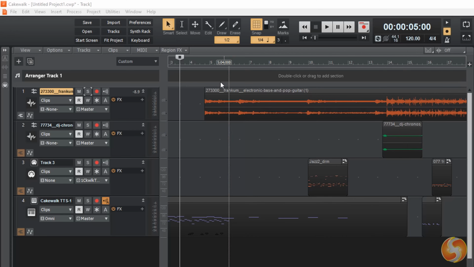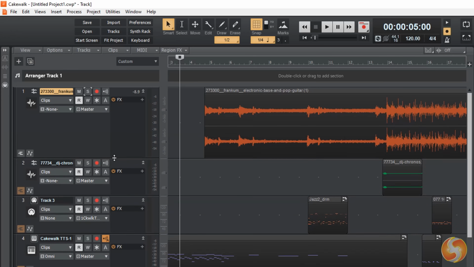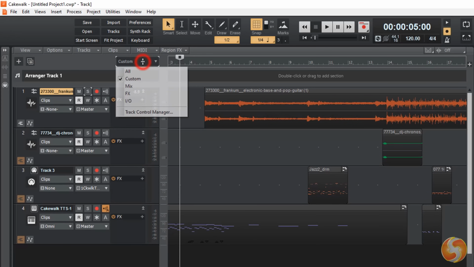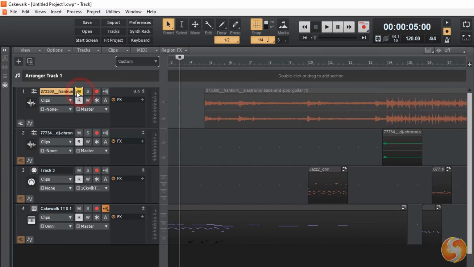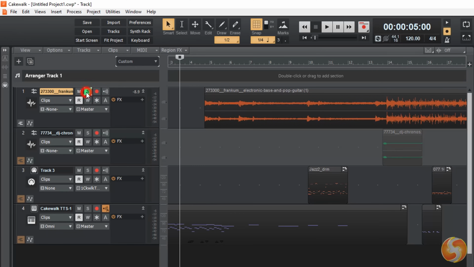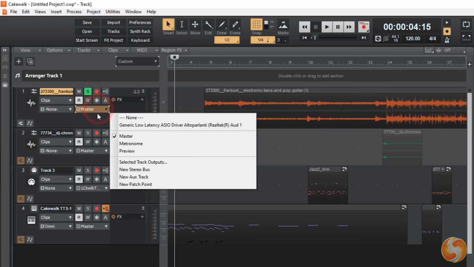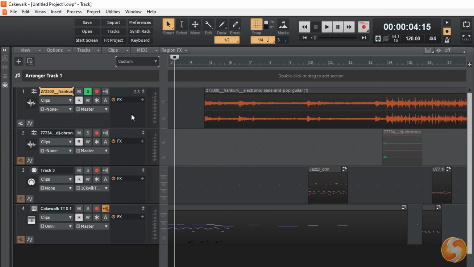Now let's see how to manage the tracks on the timeline. All the properties for audio, MIDI, and instrument tracks are all listed on the left. If you do not see these, extend the tracks enough or change the options from the top. You can use the M button to mute the current track and the S button to make it solo, muting all other tracks. You can check the decibel meter for the instant volume level coming from the track and set on I and O the correct input and output source to use.